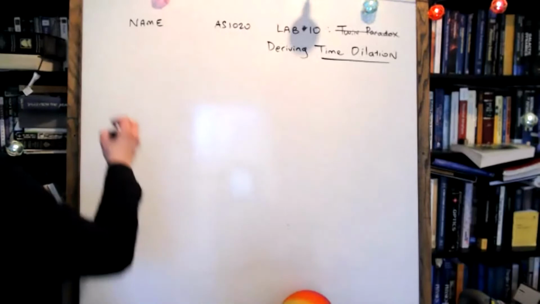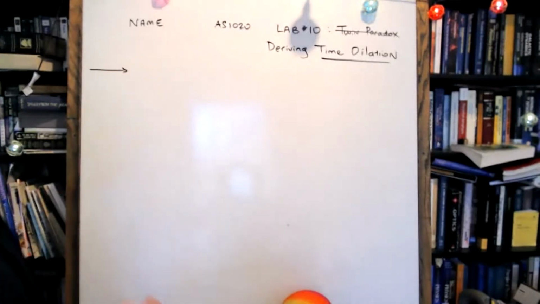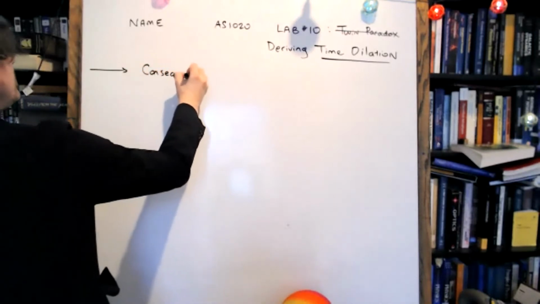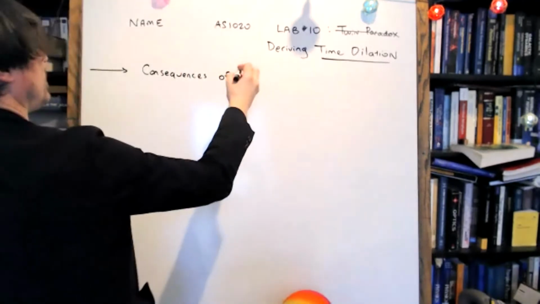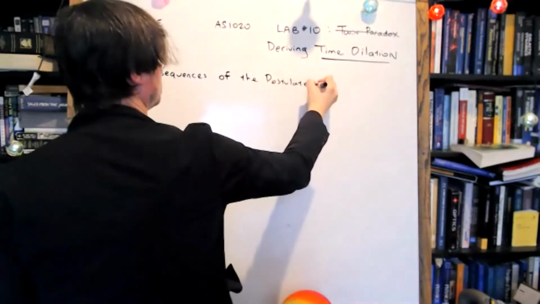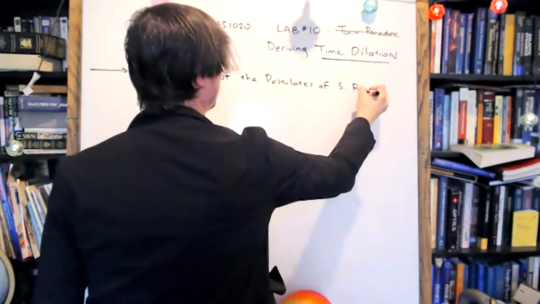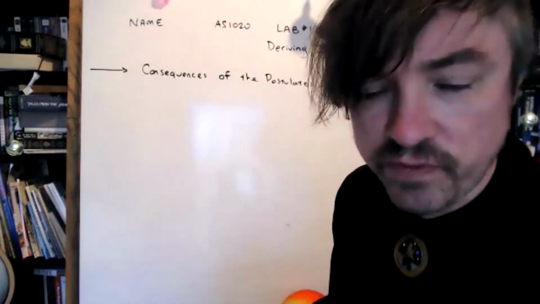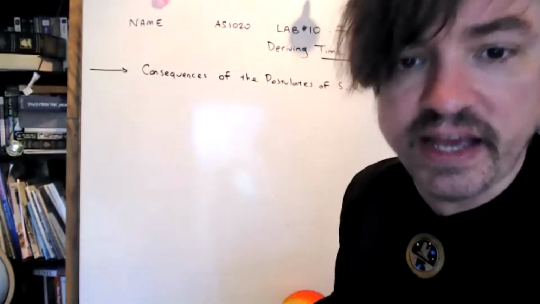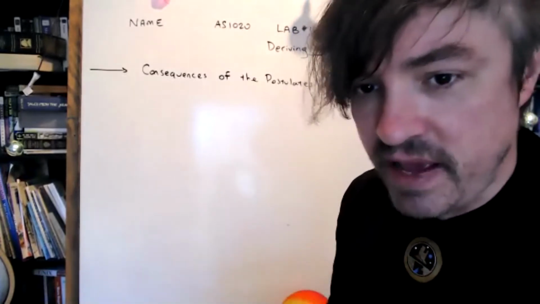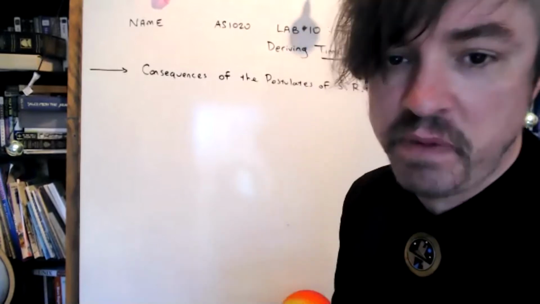Okay, so one of the things that we're about to learn is that once you've learned the two postulates of special relativity, there are something called consequences of the postulates of special relativity. In other words, if we assume that Einstein's two statements are true, and we explore those ideas, we come to some sort of nutty conclusions, things that don't seem to make sense, but actually bear out during an experiment.